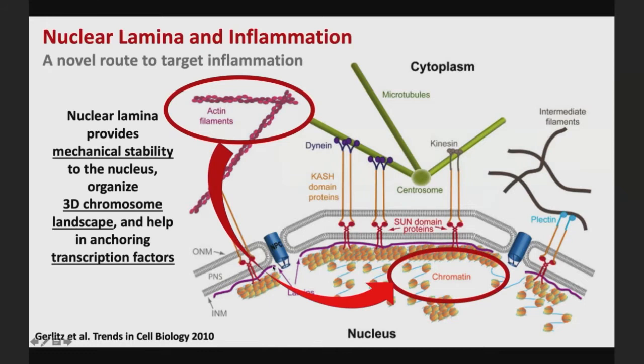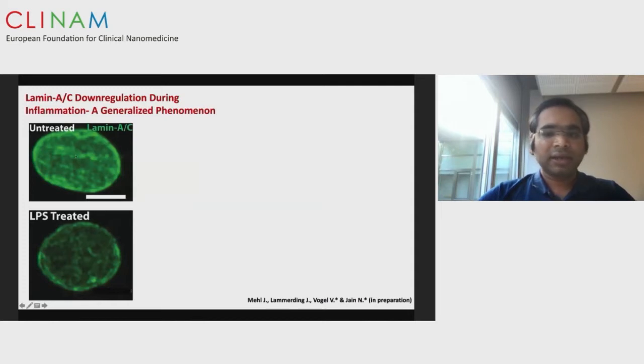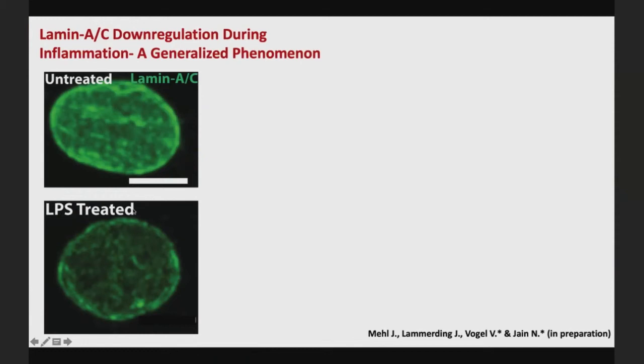And one of these central nuclear envelope or linking proteins are the lamins, which are known to help in maintaining the mechanical stability of the nucleus, the chromosome organization, and anchoring transcription factors, and have been extensively studied in progeria and human aging, but not in the context of inflammation. We found recently that once macrophages get activated, as you can see in these immunofluorescence images, there is a significant reduction in the levels of Lamin-AC. So in a homeostatic or M0 macrophage, you have higher levels of Lamin, whereas in LPS treatment, you have